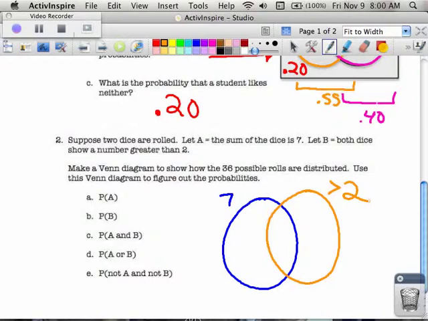Now there are 36 numbers that we can get. Remember that table we made with the 2 dice being rolled? There are 36 numbers. How many ways can you get a 7 out of the 36? 6. 6, very good. 6 ways. So in the blue circle, there are 6 possibilities. And out of the 36 possibilities,